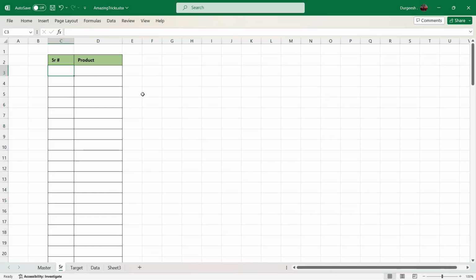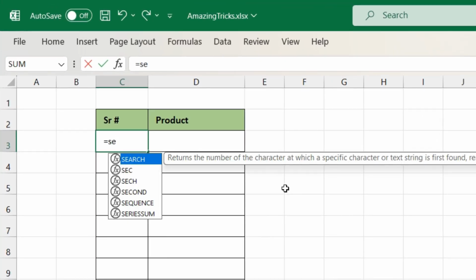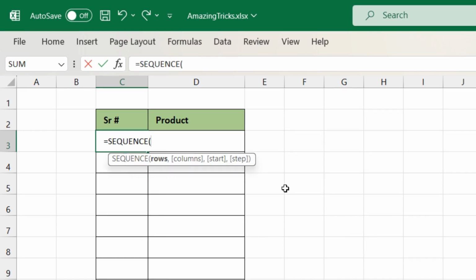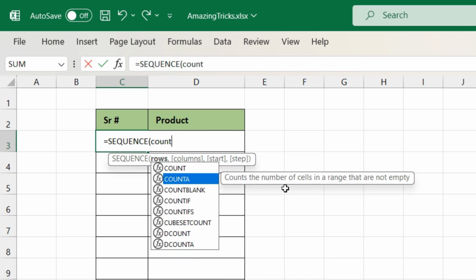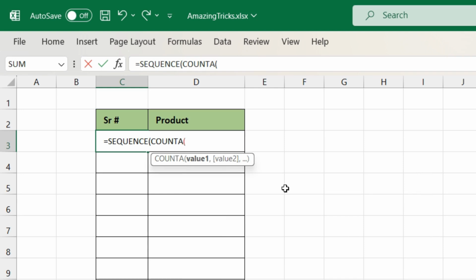Let's see how we can generate serial number without typing. So we are going to use the SEQUENCE formula. The formula will be equal to SEQUENCE. We'll add COUNTA. Now the value 1 will be, whatever value we are going to enter in product, based on that it will generate the serial number. So we are going to enter the value 1 as